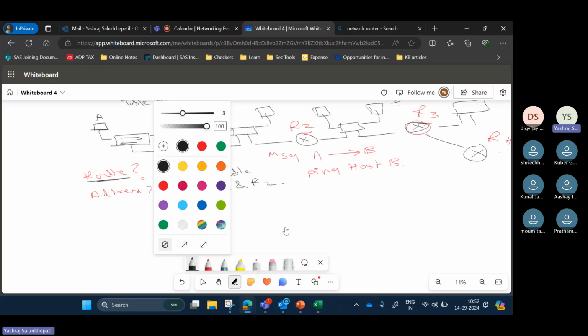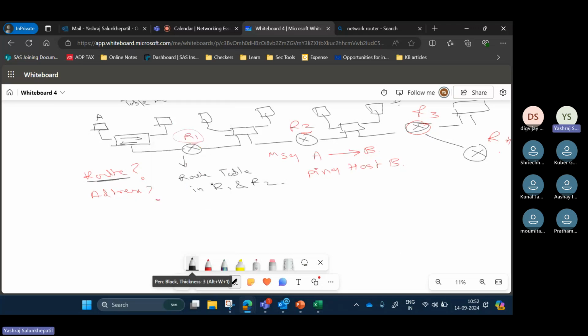So R1 के टेबल में क्या है? R1 के टेबल में next hop information है. He knows that the destination and next hop. So destination is B and next hop is R2. R2 के लिए क्या होगा? Destination तो change होता रहेगा based on the message you said.